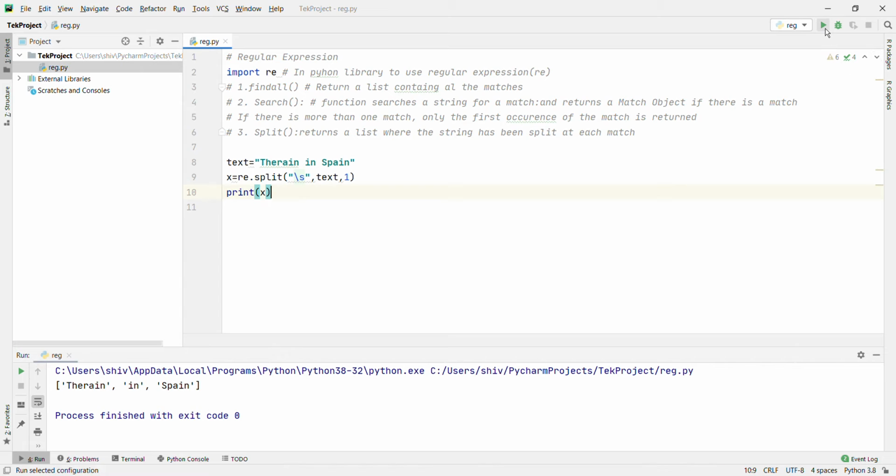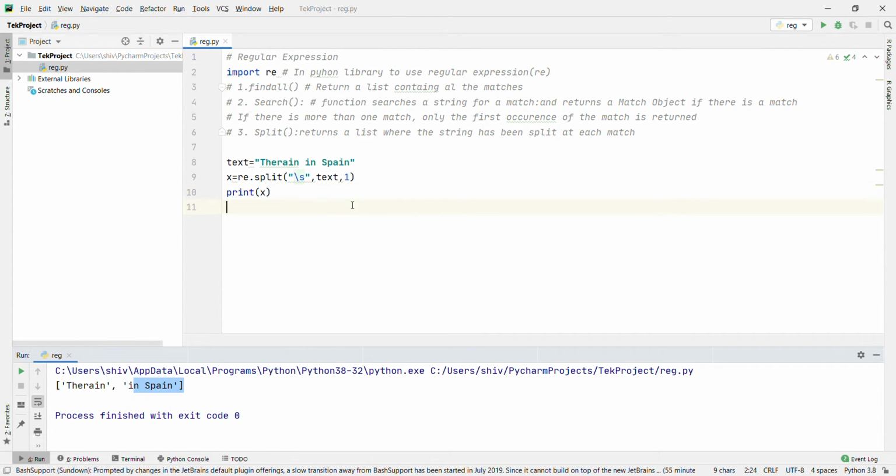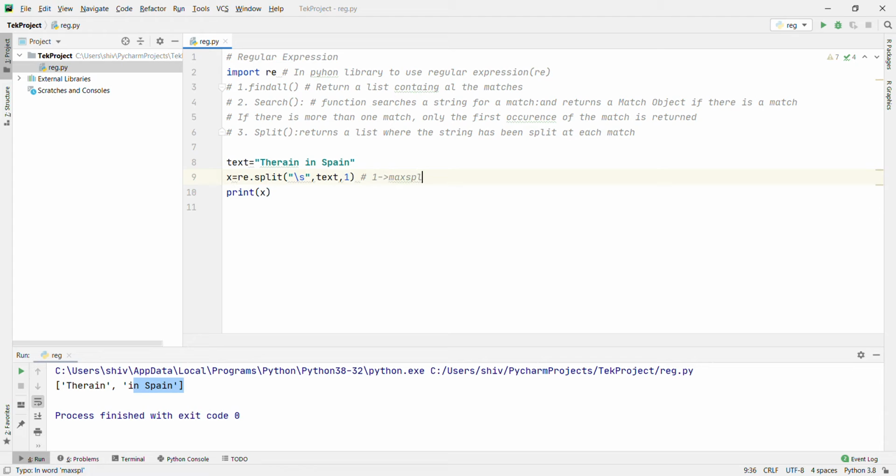Let's run it. What will happen? Whatever you define, it is only a maximum of 1. This is basically the maxsplit limit. It will split only once.